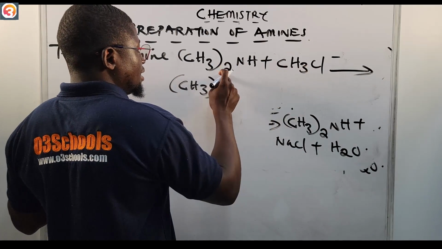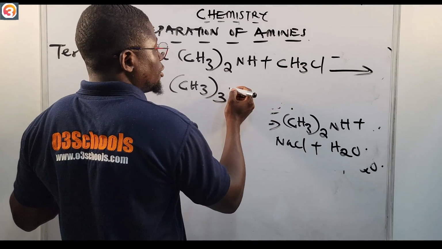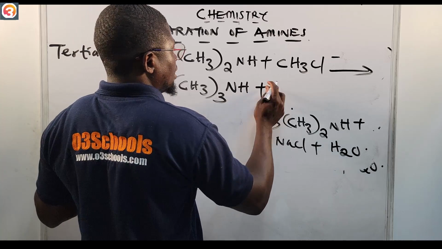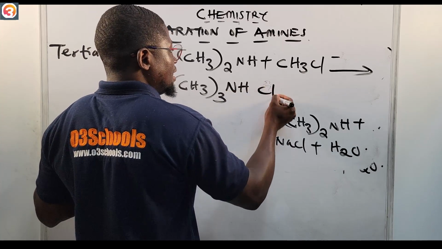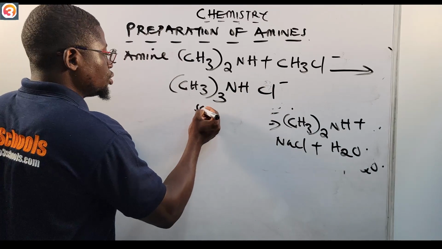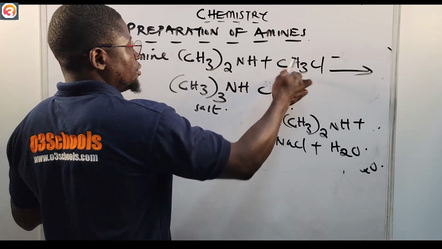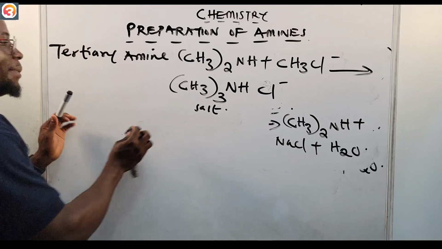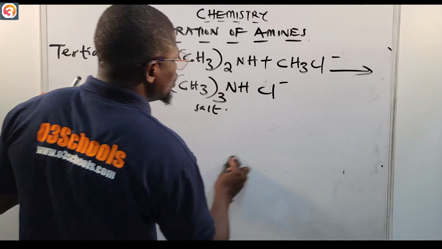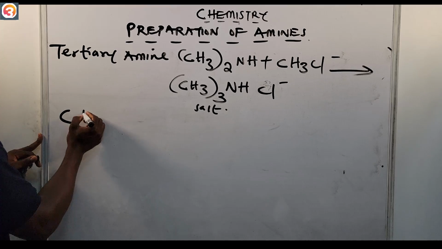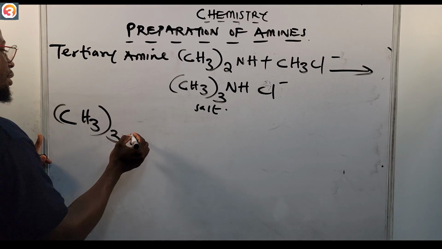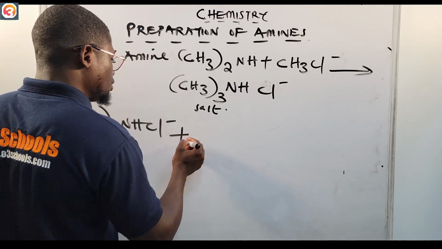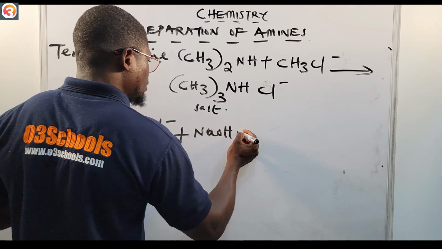It will now be 2 plus this one 3, and I'm going to have (CH3)3NH, Cl minus. So this is the new salt that is formed, (CH3)3NH Cl minus. Now, to release our tertiary amine, what do we do? We react this also with sodium hydroxide. So if we react that salt, (CH3)3NH Cl minus, with concentrated sodium hydroxide,